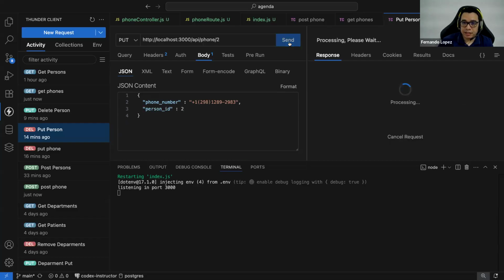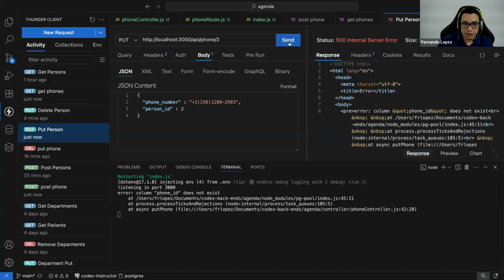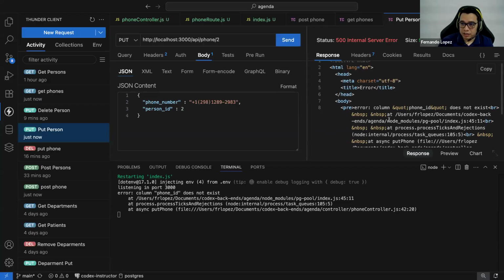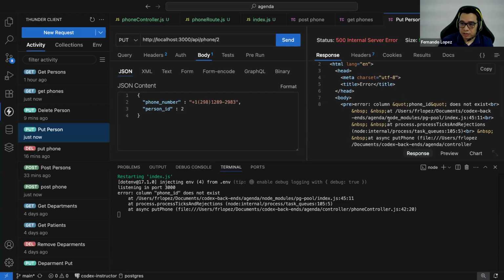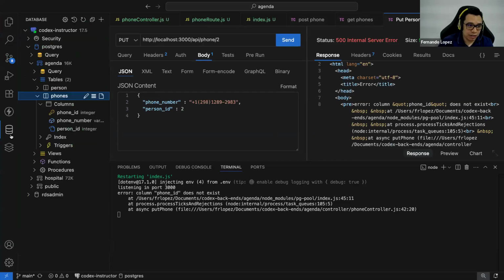If I hit send, oh, something is wrong here. Let's see. Okay, does not exist what? What is not existing? Let's see. Phone ID is not existing. Okay, let's see the name. I mean, the name of the column in the table, guys. It's phone ID. Phone ID does not exist.